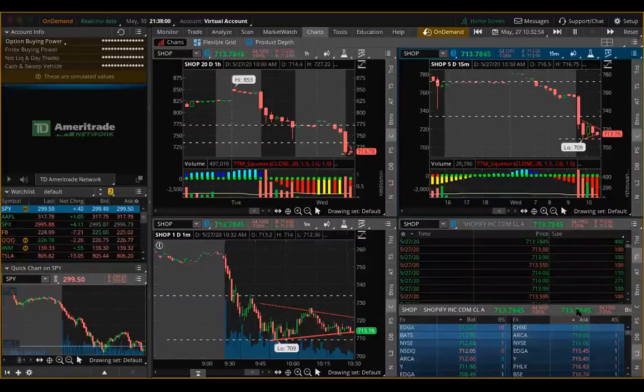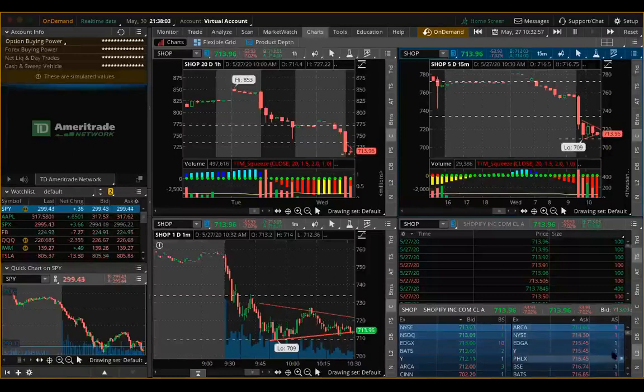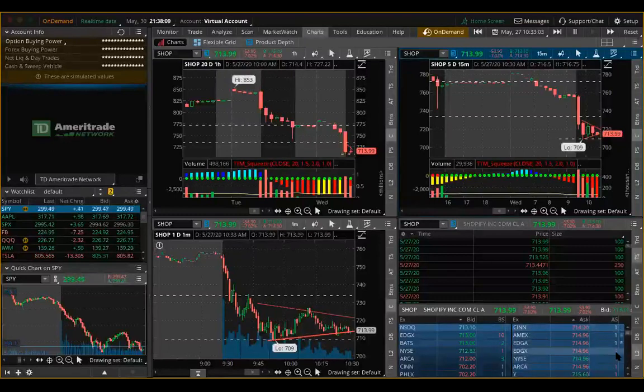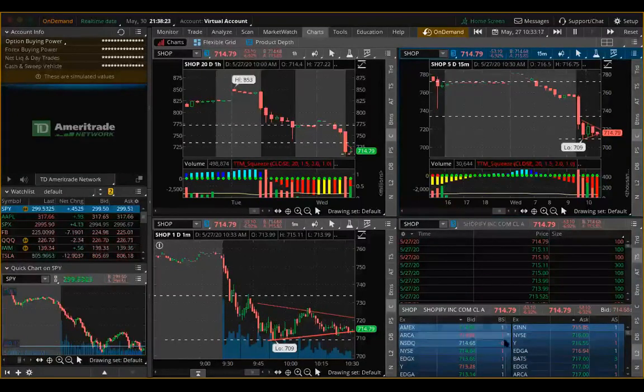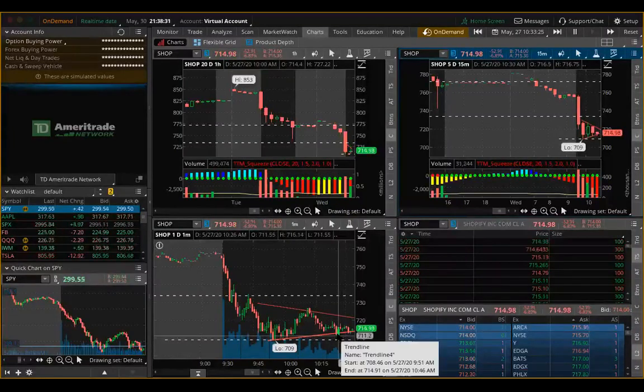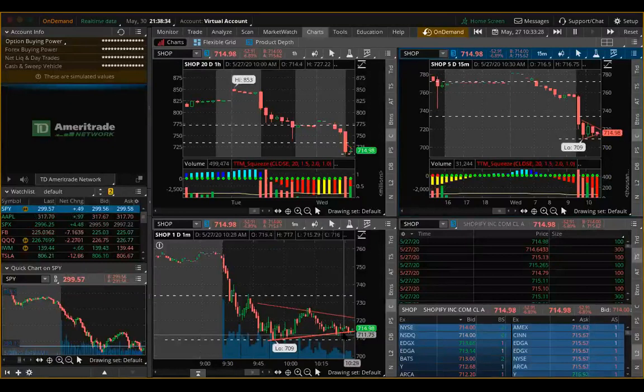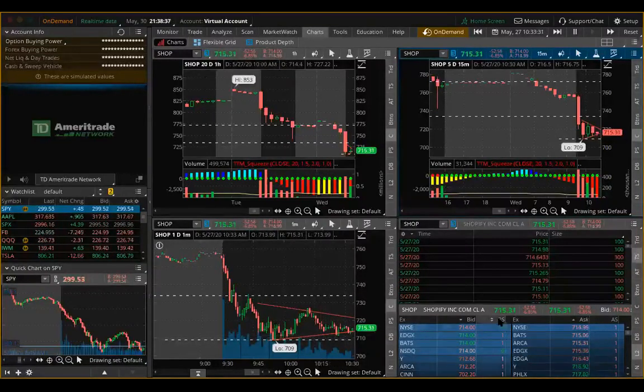On the other hand, what you want to see over here is a bunch of ones. If you're expecting a rally, a bunch of ones over here is basically telling you that no one's selling the stock at that price level, right? You'll have a couple ones, twos come in there. But as long as you don't have anything big, like your fives, your tens, your 20s, your 30s, your 40s coming in at the sell, and people aren't buying to combat that, then you could potentially go up. So that's what we're looking for. We're looking to see if we're going to get a bounce or a breakout from that 709 level. And this tape is going to let us know where buyers and sellers are stepping in.